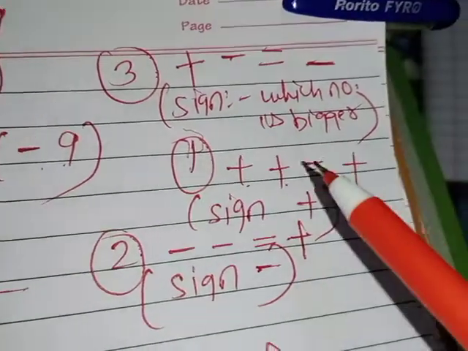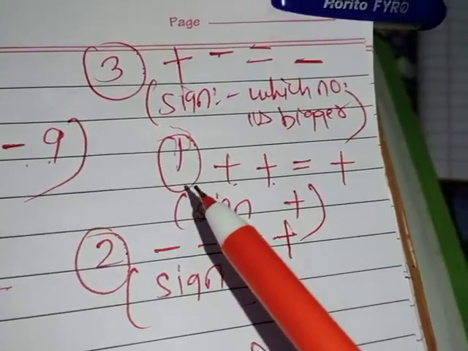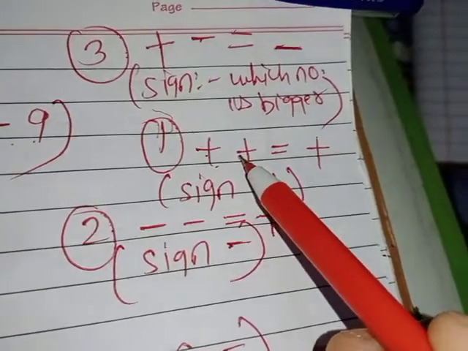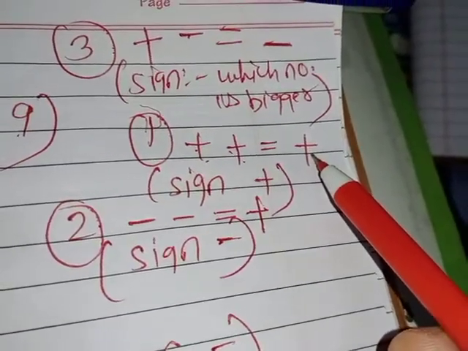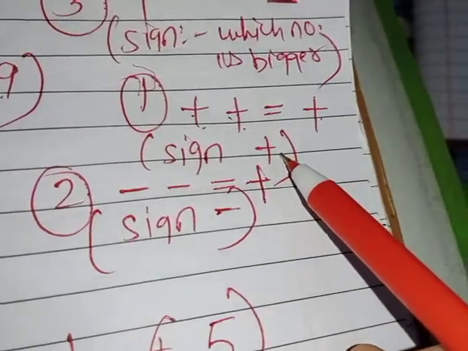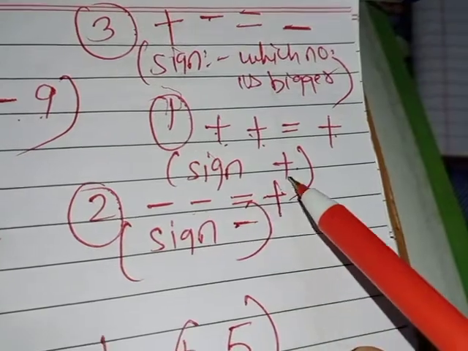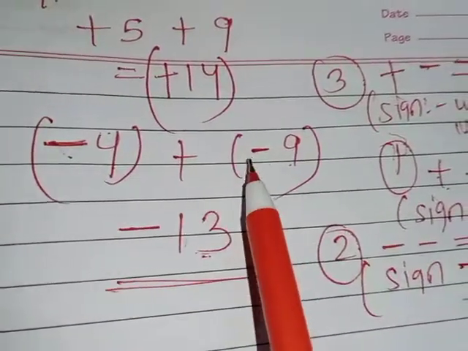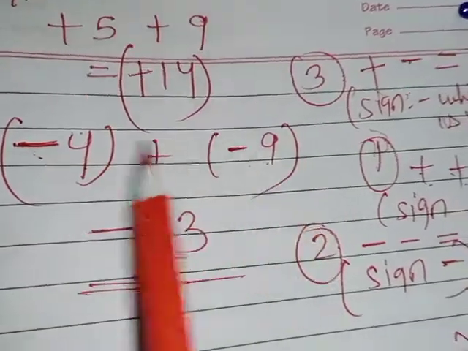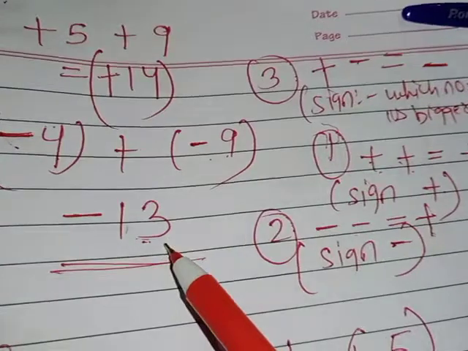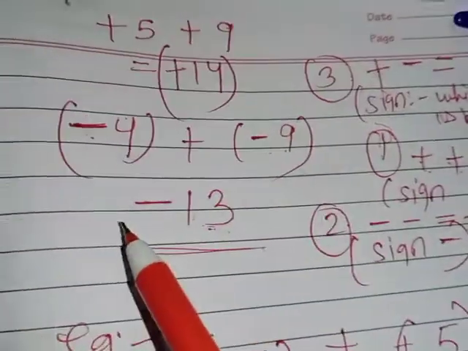Once again we will discuss what is the first rule. First rule is both the numbers positive, solution we will do addition, sign also we will put of plus. When both the numbers are negative, you can see 4 is also negative and this is also negative, we will add the numbers, but after adding, in the answer we will put the sign of minus.